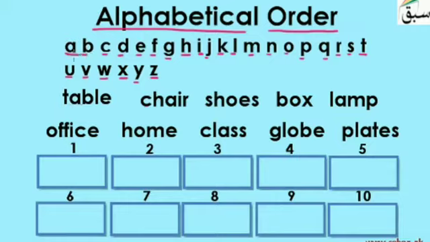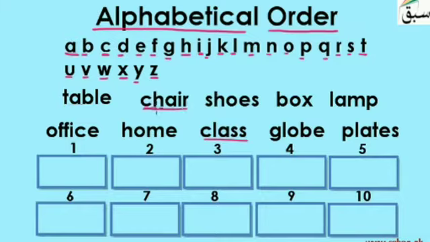And if there is a word from B, then we will write it, and if there is no word from letter A and letter B, then we will come to the next letter. The next letter is C. Now we will see if there is a word from letter C, then we will write that word in the first box. Here we have to understand that if two words begin with letter C, for example,